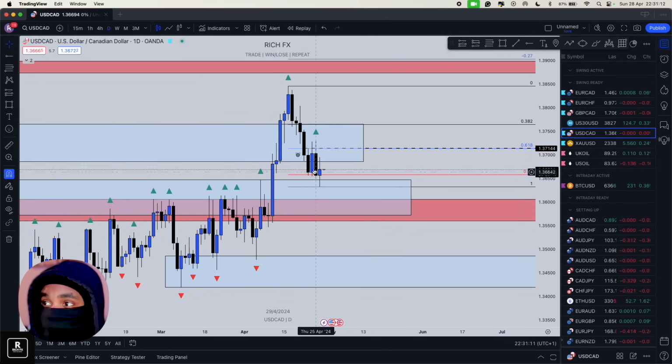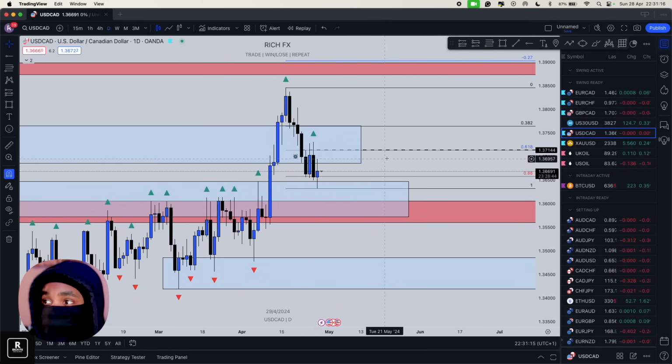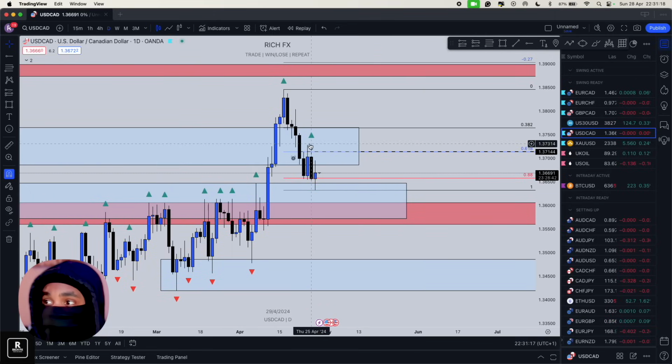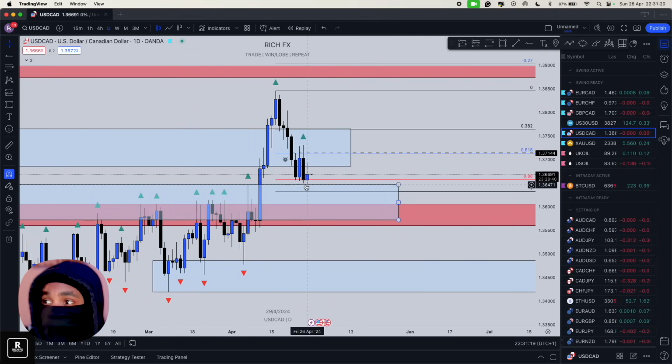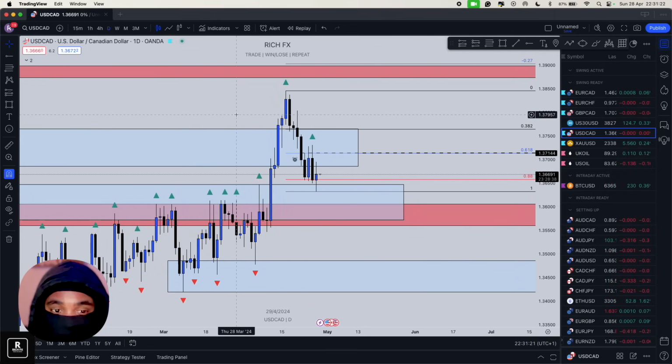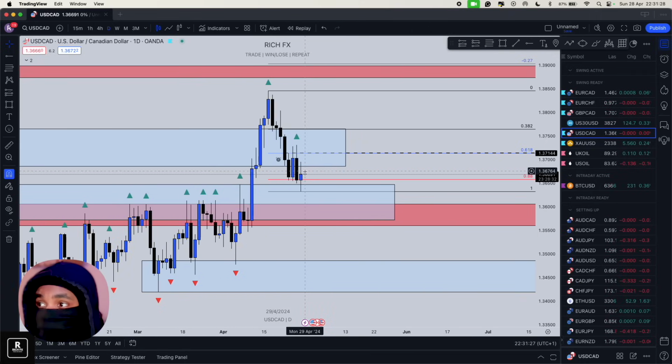However, these candles that are being formed here, this is what I'm not liking currently, basically. So simply what I'm going to be doing with this one is be very cautious. Maybe I won't go full risk, maybe I'll go half risk. It just depends on what price does. Now if price creates another bearish candle, then I would immediately not bother watching this trade, and I'll just wait for another clear setup. If it creates another bullish candle going in the upwards direction, of course, then that's going to